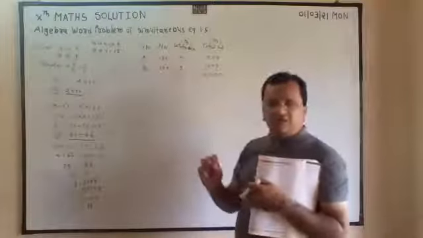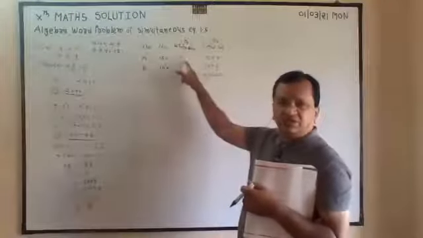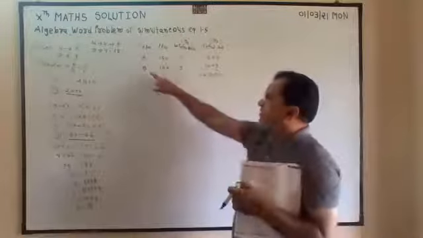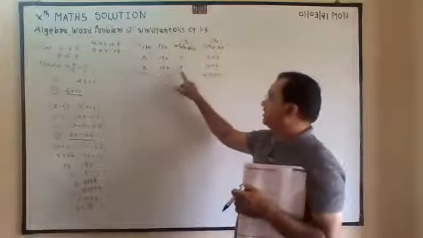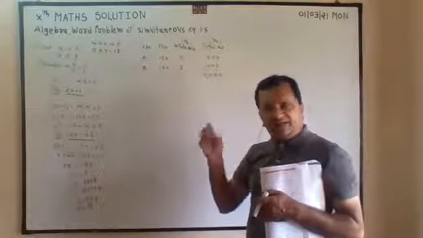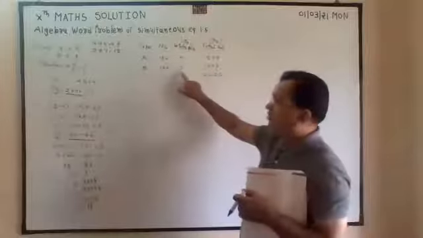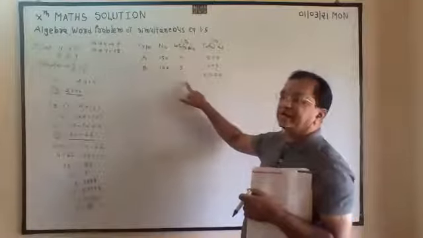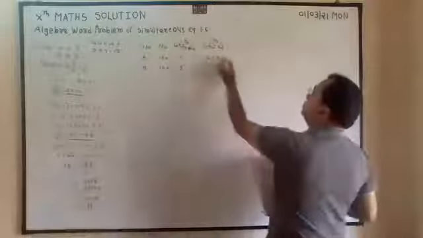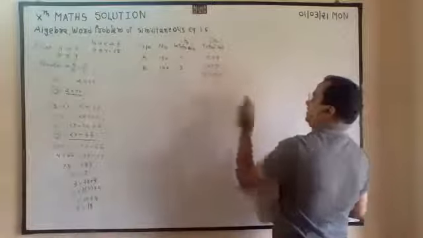A type box, each of x kg. There are 150 boxes, so 150x. B type of box, their number of boxes is 100. Each weight is different, not the same. So y per box, y kg. So the total is 100y kg. So this plus this, they have given the total.